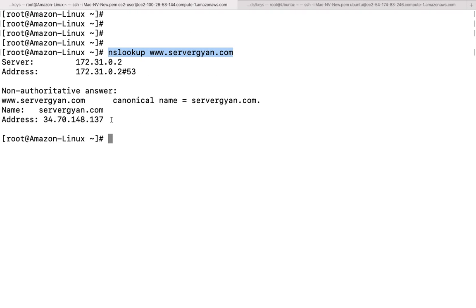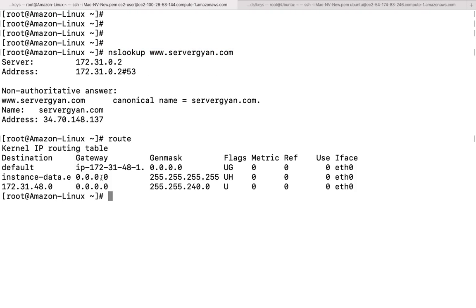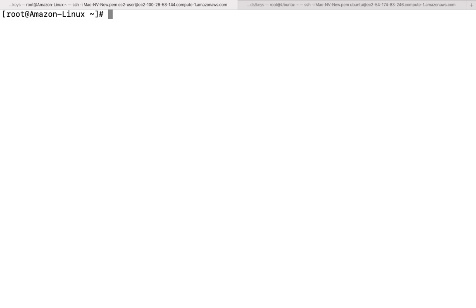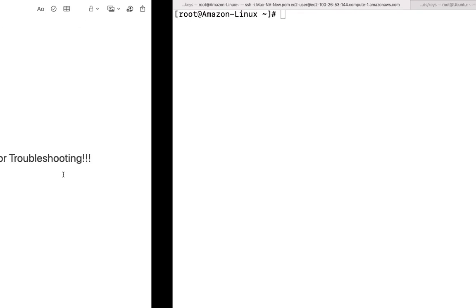Moreover, we have a command here, route. If we run this command, it is going to tell the same information which we printed with the netstat -r command, right? Same information we are going to print. Moreover, if we check route -n, we can figure out the gateway IP address here. Over here it is showing the gateway name, but over here we are going to print the IP address of this particular server.